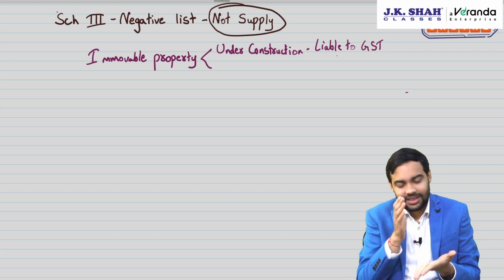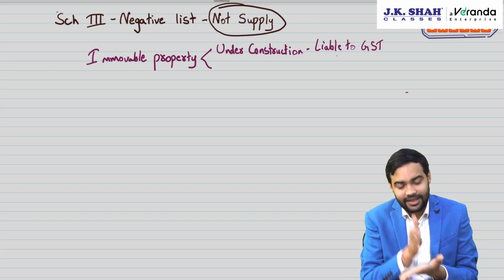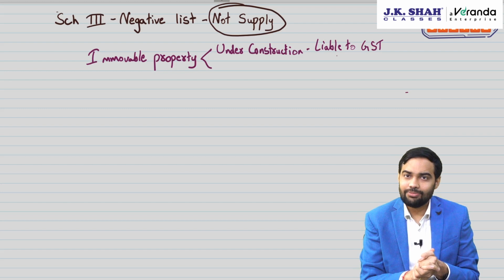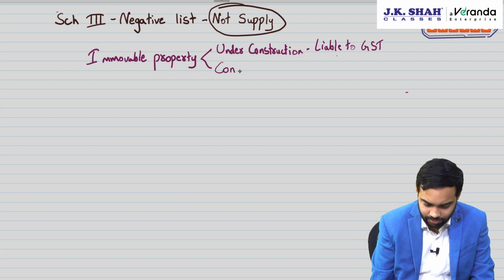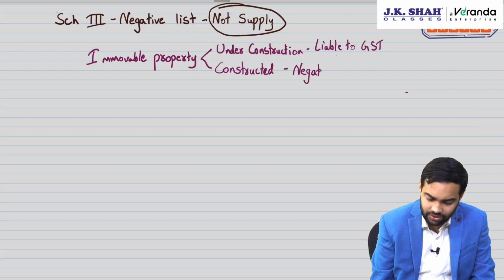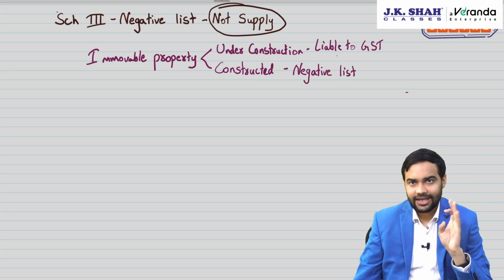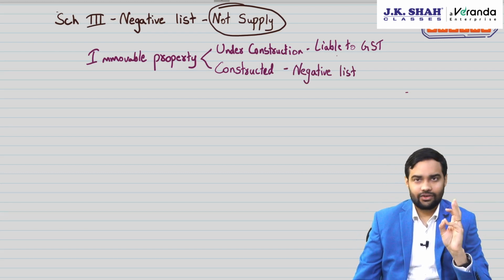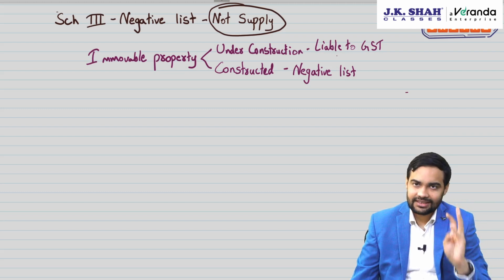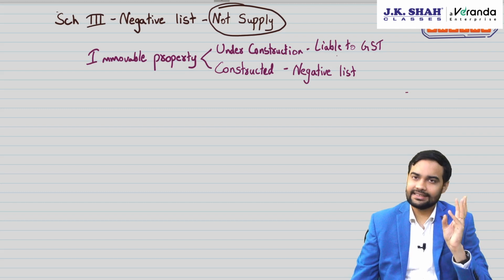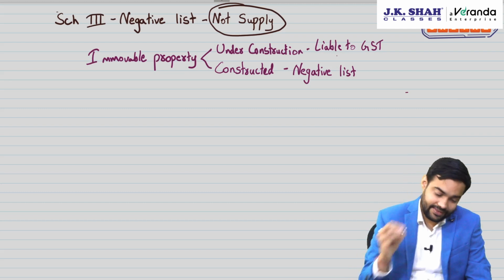That means if someone has started occupying that building, then in that case it is considered as a complete property. After that, if you purchase, then it is called as a constructed property. It's covered by negative list. So be very careful. Constructed property is covered by negative list. How do you decide whether it is under construction or constructed? Check completion certificate or first occupation, earlier of the two. Say suppose you have got completion certificate, it's a complete property. Say suppose someone has started living there, again it is considered as a complete property. Then